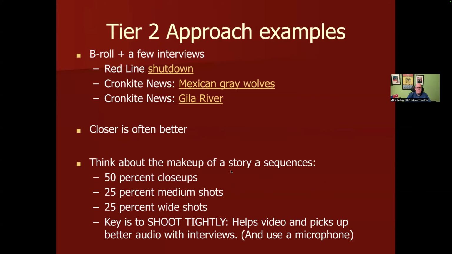Okay, and a couple of those examples are right here. Mexican gray wolves. This was some video that was shot by one of my Arizona State students several years ago. Her name's Laura Sposato. She actually now works for ASU. She goes around and shoots video for them. Is a great storyteller and a great shooter. What makes her a great